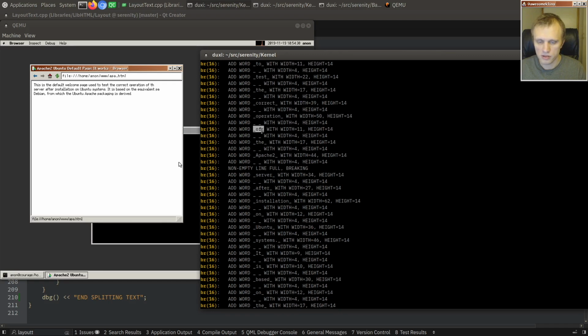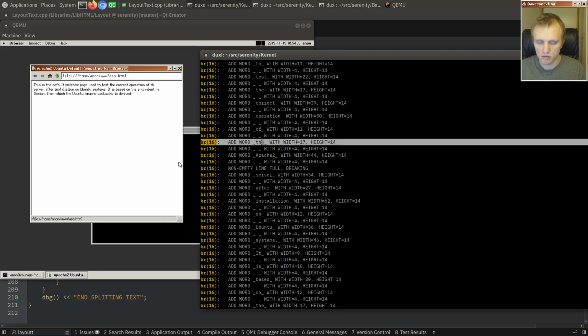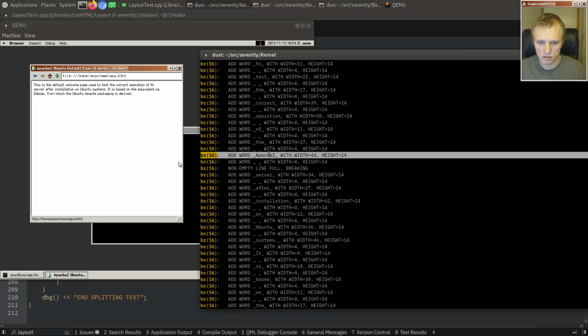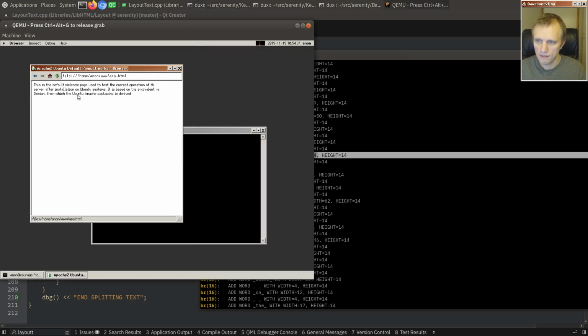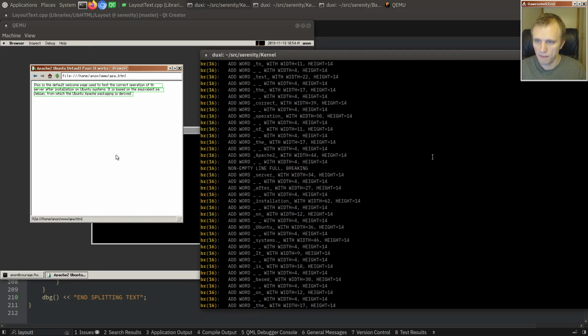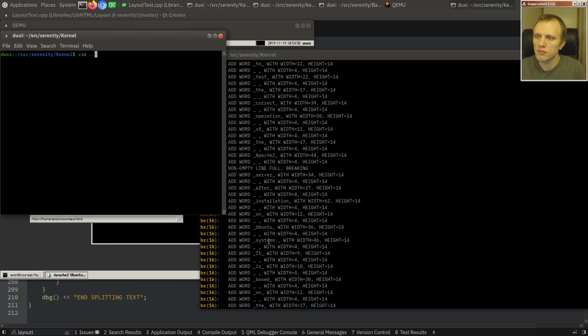Correct operation of the. We still think that we're on the same line. Apache2. Okay. And how the heck does this look in the